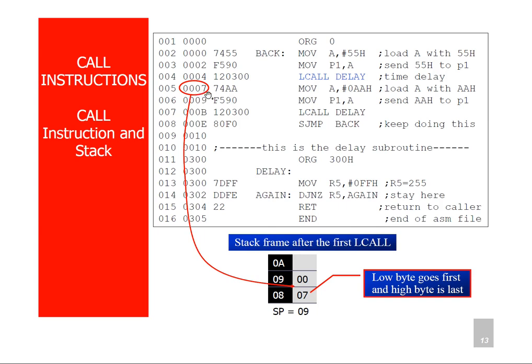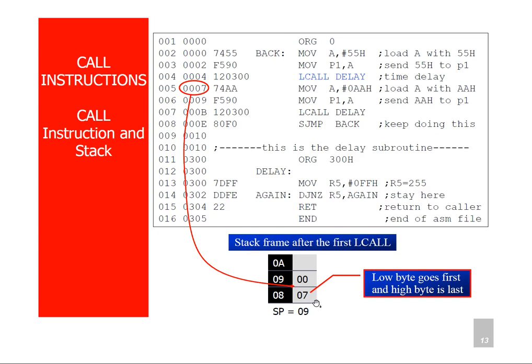So this address has to be stored onto the stack before executing the subroutine. Here 07 is the lower byte, that is the PCL content, and 00 is the PCH, that is the program counter higher byte, and PCL is the program counter lower byte.